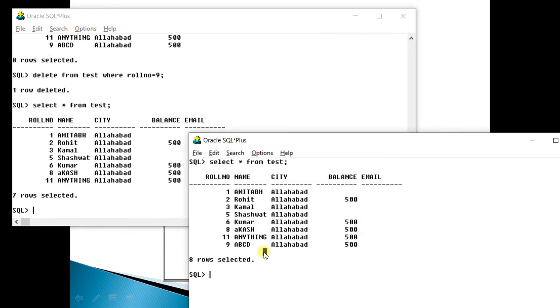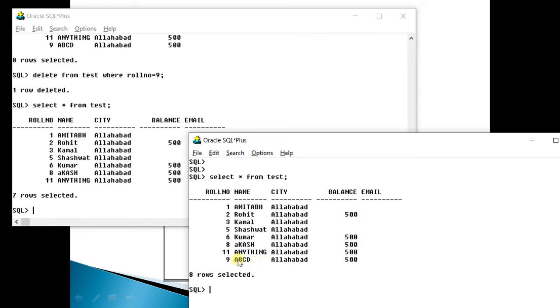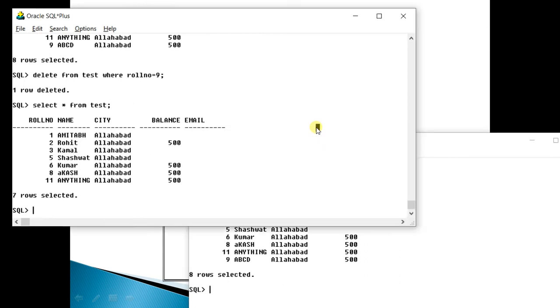But when you come back to this window and you try to write the same query, select star from test, what you can see is a little bit of a surprising answer: 9 has not gone. Now, it is not an error, it is not a malfunction of Oracle. Rather, it's a very complex transaction management system. It is because of a concept called transaction commit process.